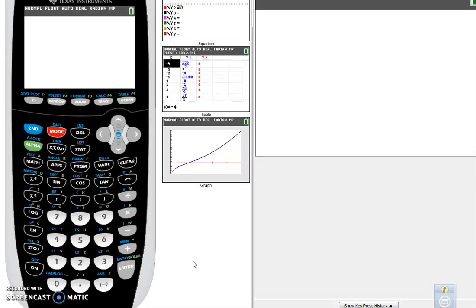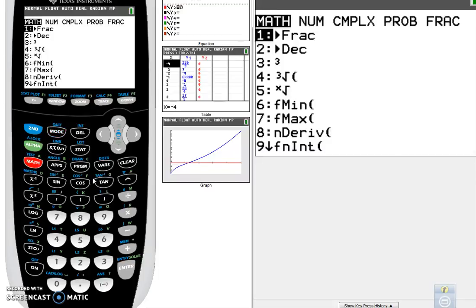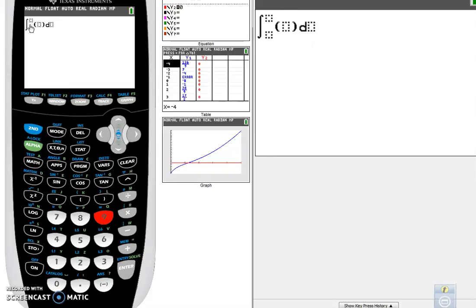Okay, so I'm going to start showing you guys how to use a graphing calculator to integrate. So go to Math, number 9. So Math 9 takes you to the integral. So we're going to go the integral from 0 to 1. And just like when I graphed it, I'm not going to put t's, I'm going to put x. So x squared, the function is x squared minus,